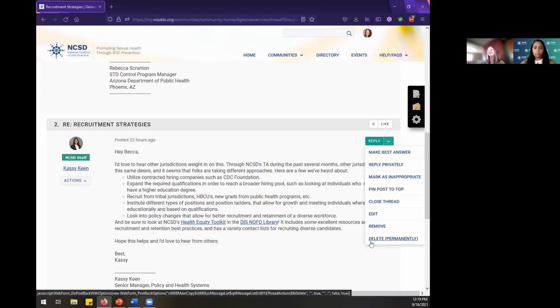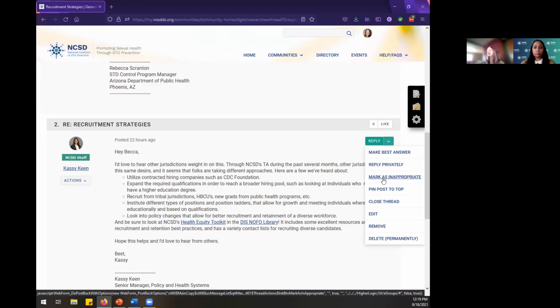Unfortunately, actually, the delete option, members are not able to delete posts that you've made, but you can edit posts that you've made yourself. So you can always come back and edit something if you want to remove a piece of content or adjust something you may have mistyped. You certainly can come back and always edit your own content. But if you really do want to fully pull down a post that even you yourself have made, mark as inappropriate is a really good way to do that, actually.